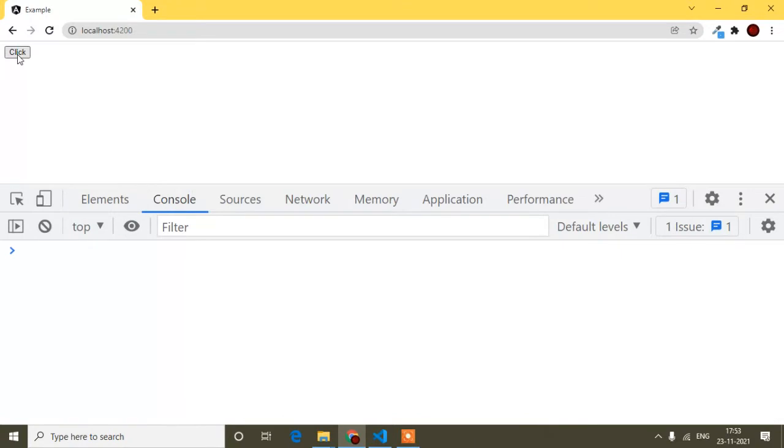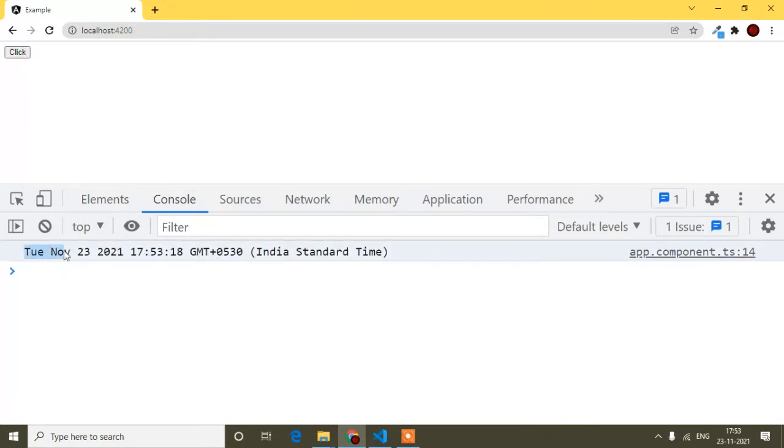The button is created. Now if I click this button, you can see it shows today's date, Tuesday, November 23 2021, and the time when I clicked, 17:53:18.